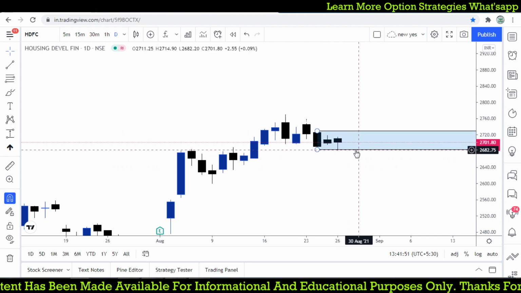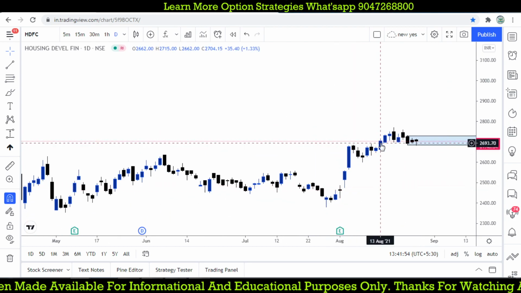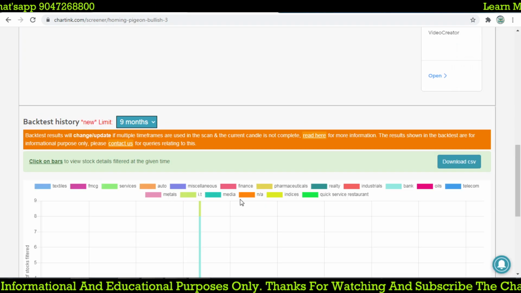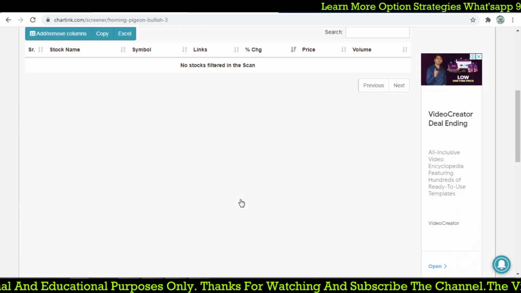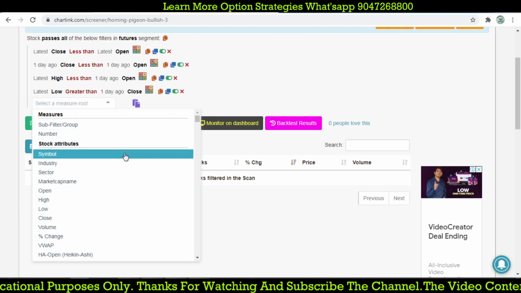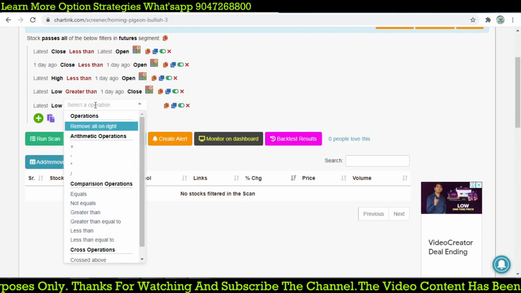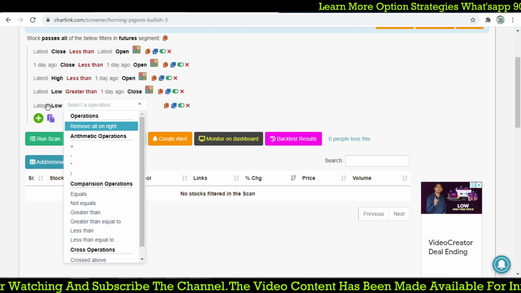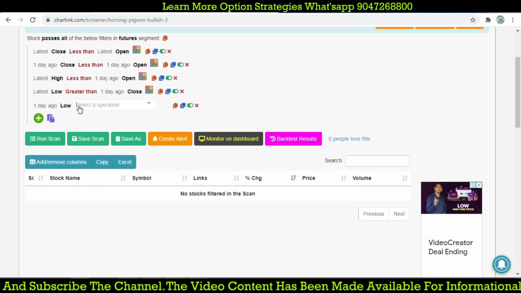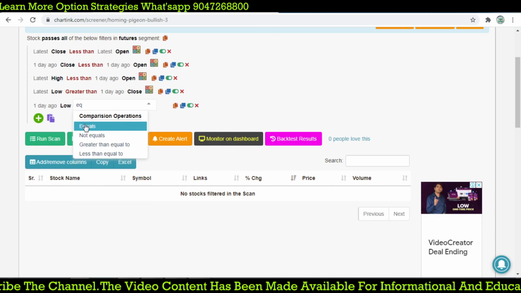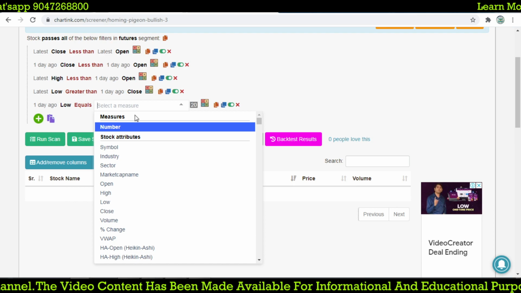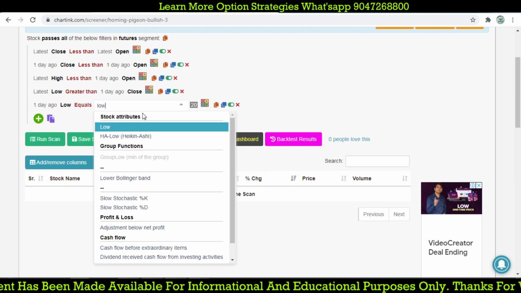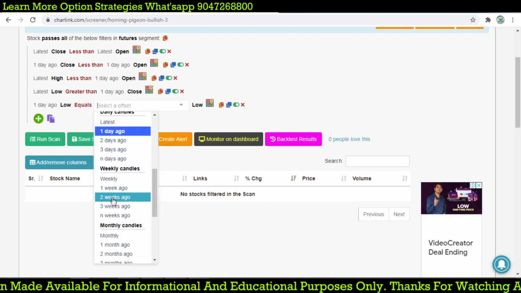Okay, so this is the bullish reversal, but if we check, the bullish reversal is happening at the day high. So instead of taking the day high, we are going to find out that it should form at a lower level. Okay, so we will focus on the monthly low, the low of the latest. The latest low, that is the 1 day ago low, equals the monthly low, because the previous candle should be big compared to today's candle. Yes, that should be a monthly low.